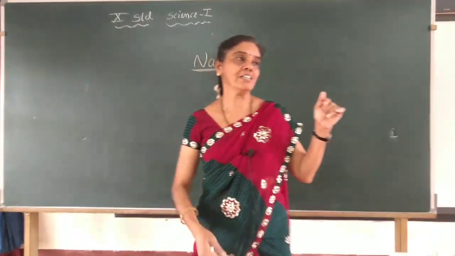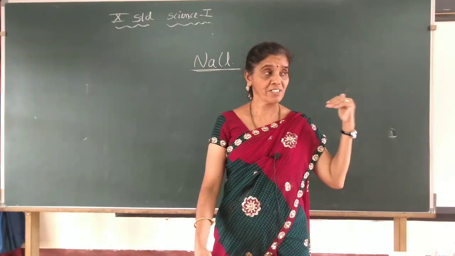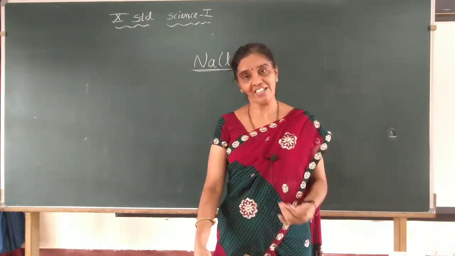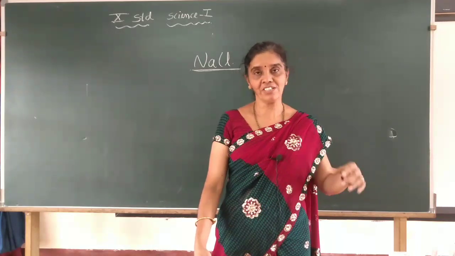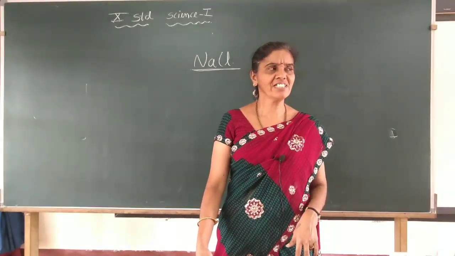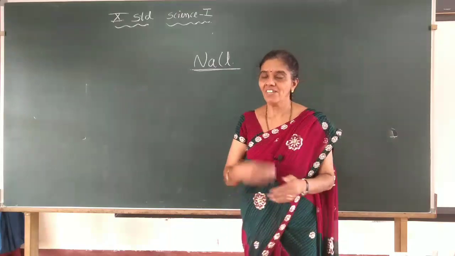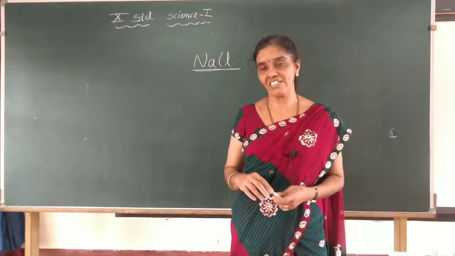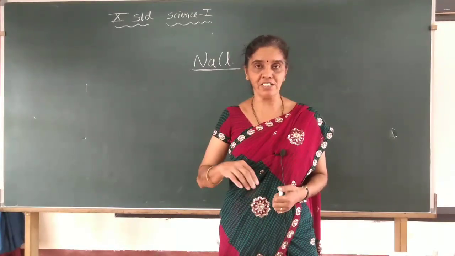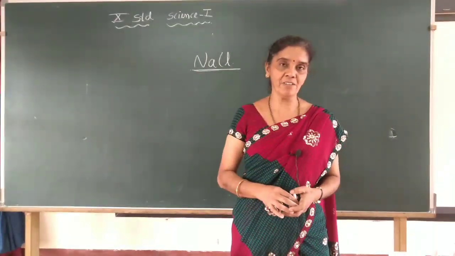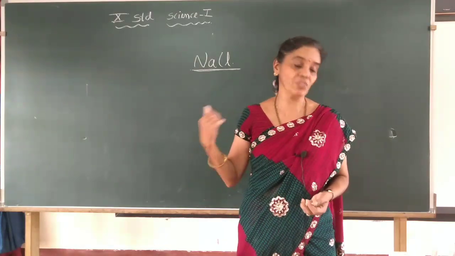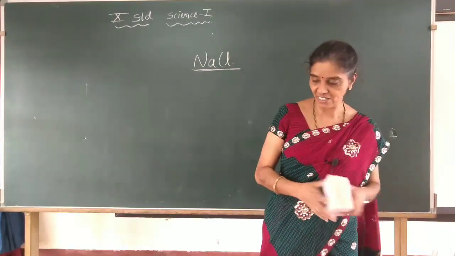And usually in low-lying areas, in the sea bed, when the water dries, you will get salt. This salt is a little pinkish or brown in color. When it mixes with impurities, you will get little pinkish salt, called rock salt. But the salt we are using is pure salt. They use only sea water, and after drying it, we get sodium chloride, white in color.